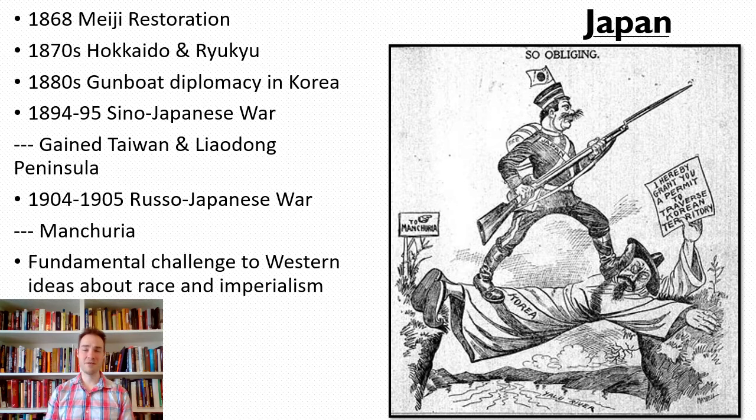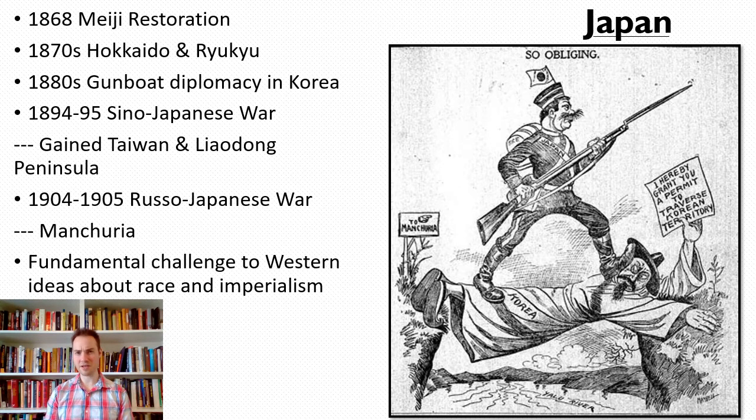Only a few years later, in 1904, Japan is going to go to war with Russia, as we already saw as well. And they're going to whoop up on Russia too. This is another major fundamental challenge to the imperialist world order. Here you have a non-white, non-Christian Asian country beating up on one of the oldest imperial powers in Europe, even though Russia was in the middle of a revolution and all kinds of other problems.